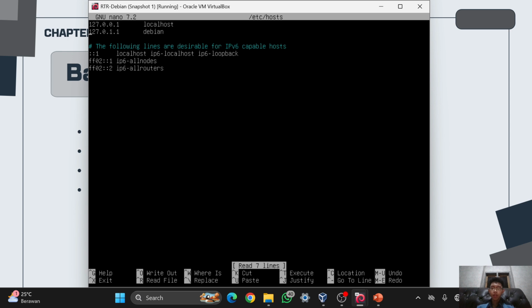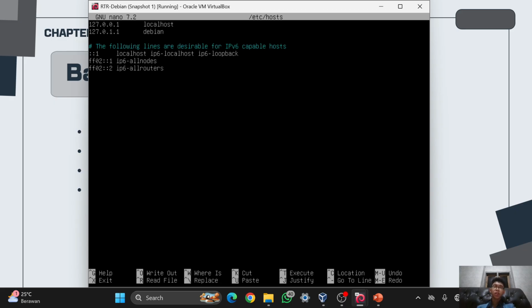But before I configure it, I will explain the function of the hosts file. For the function, when you want to ping this IP, which is 127.0.1.1, you can use the name.